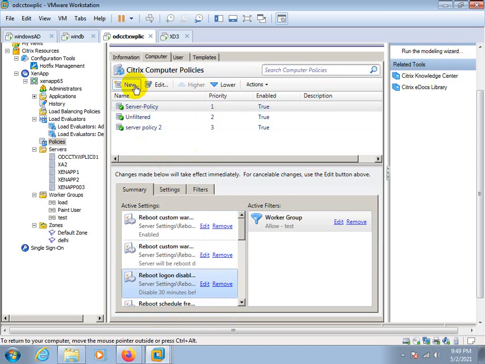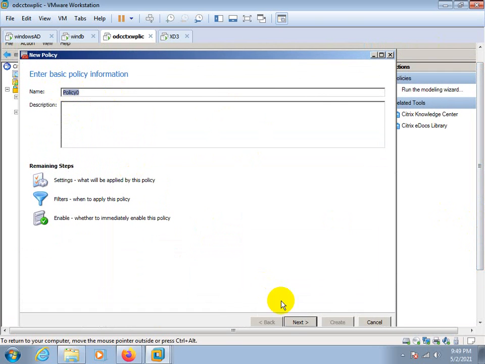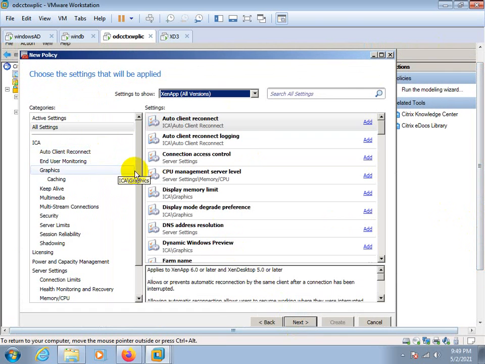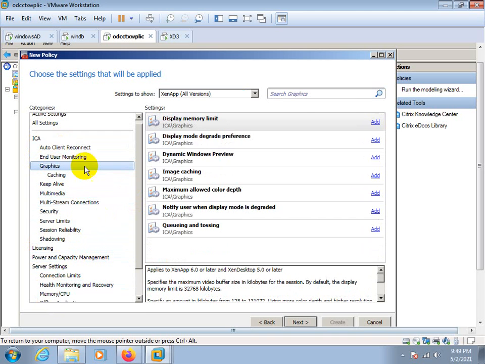Just click on new. Suppose you have provided the name of the policy. Next, here you need to choose. You can see the list of the policies here. Once you click, you will get the related policies over here.